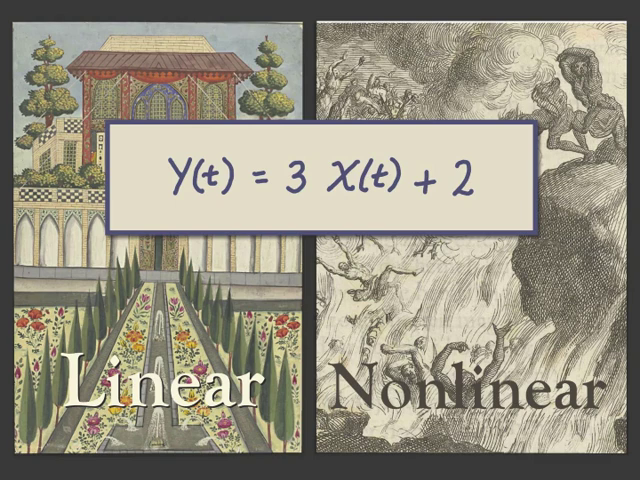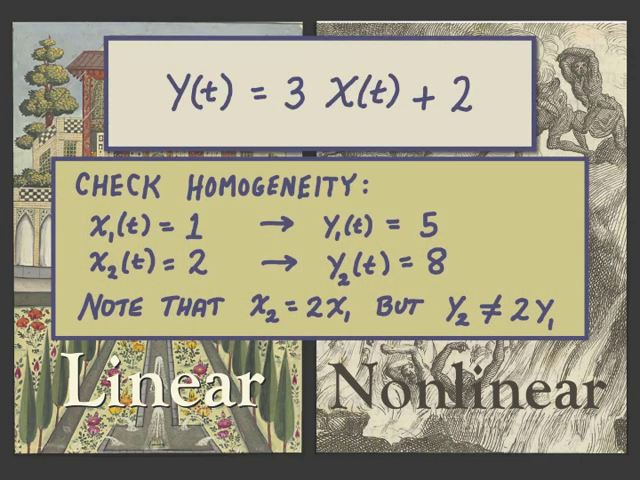Well, the gold standard for testing linearity or nonlinearity is to test whether superposition holds. So let's examine that first. Now, superposition is a combination of two properties, homogeneity and additivity. So let's first check homogeneity. We'll look at the response to two inputs. The first input is x1 of t equal to 1, and the second input is twice that, x2 of t